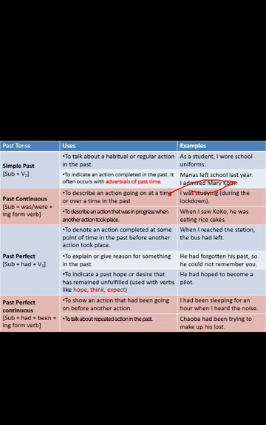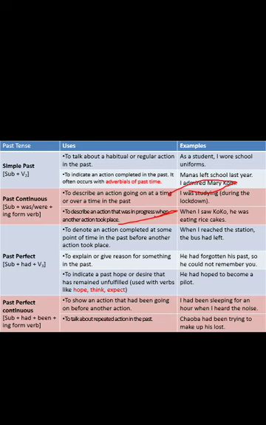So to describe the action which was going on at some point of time in the past, we use past continuous. I was studying during the lockdown. Then, to describe an action that was in progress when another action took place, this is very important. This second usage of past continuous is very important because in our exams, many such questions come regarding this